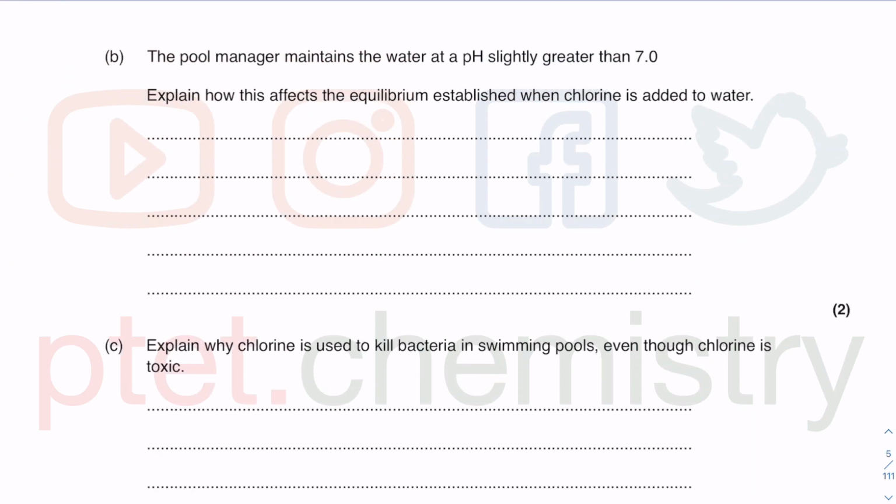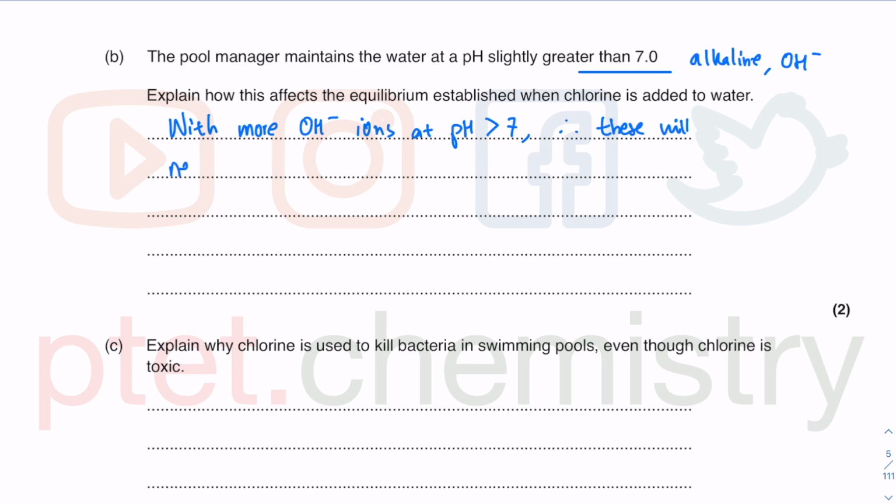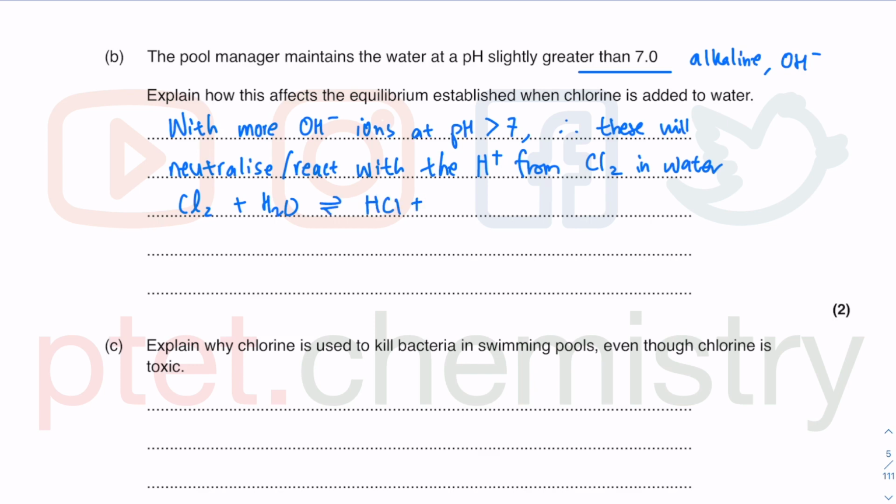In part B, the pool manager maintains the water at a pH slightly greater than 7.0. So this would mean this is slightly alkaline condition, slightly more OH- than H+. So with more OH- ions at a pH greater than 7, therefore this will neutralize. That means they will react with the H+